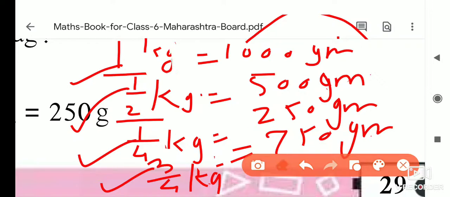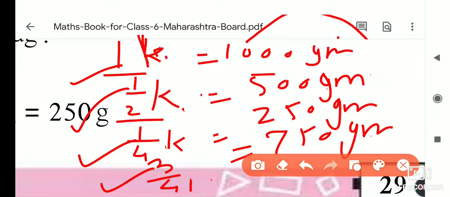Okay, kilometer is also the same. That's why I told you to do the perfect learning of this. Okay, it will be useful for you in the competitive exams also, because this type of questions definitely they are asking in the competitive exams. So you have to learn this perfectly. So 1 kilometer, then here what we have to do?